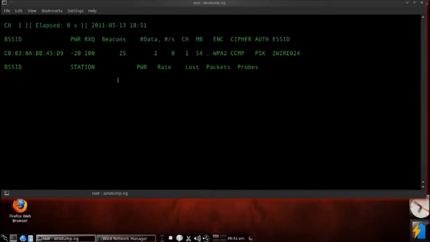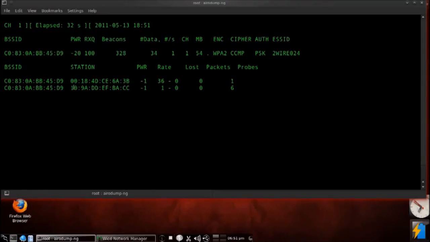And we're going to hopefully see a station pop up here. If there are no stations that appear, then that means that we're not going to be able to do this attack. So I'm going to sit here for a little bit, and hopefully we will have one that comes up. And then there we have it. It took a little time, so that's why I always say wait 30 seconds to a minute. It didn't display right away, so now that we have this, it's perfect. This is what a lot of people are missing. Well, now there's another one, which is crazy. But anyways,